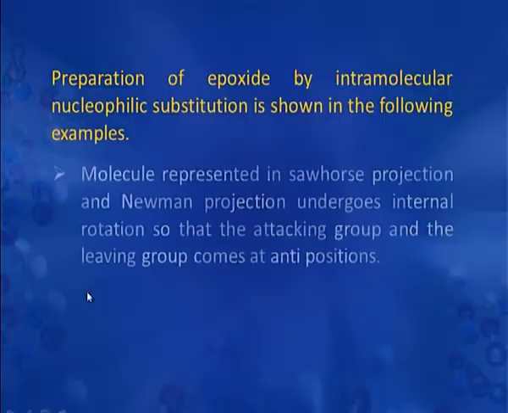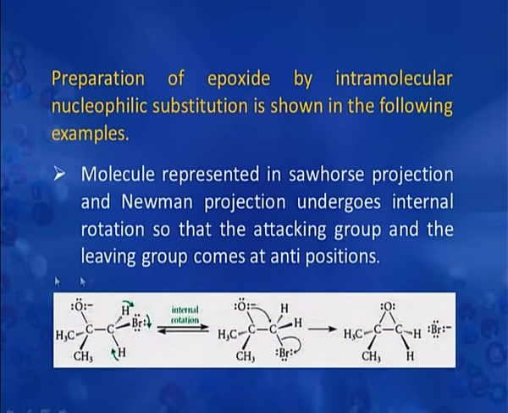The preparation of epoxide by intramolecular nucleophilic substitution is shown in some of the examples which we are going to discuss further. But in this particular case, you will see that the molecule is the same. This molecule here has a hydroxy group on one carbon and a bromo group on another carbon. We are showing here the sawhorse